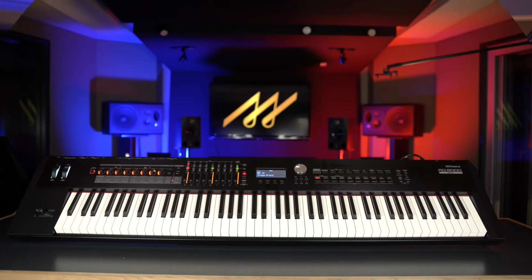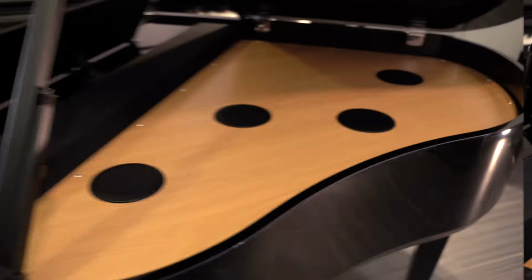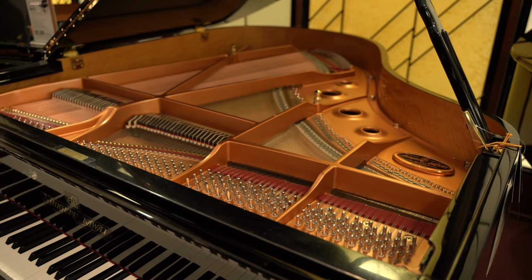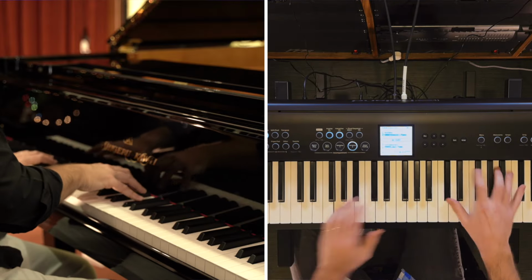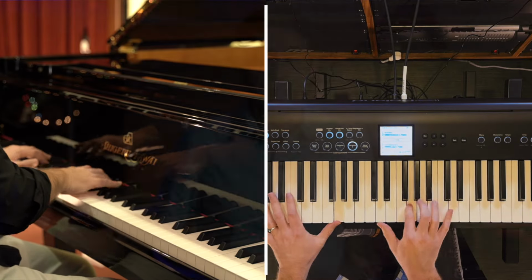So in our last video, we were looking at all of the reasons why digital pianos are turning more heads than ever, particularly people with previous acoustic piano experience. So did I just say that digitals were better than acoustics? Absolutely not. The problem with keeping this stuck in a binary argument, like one is automatically better than the other,